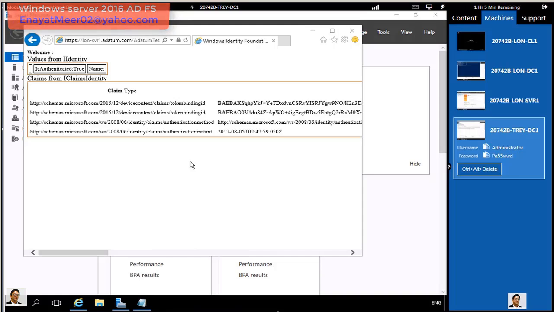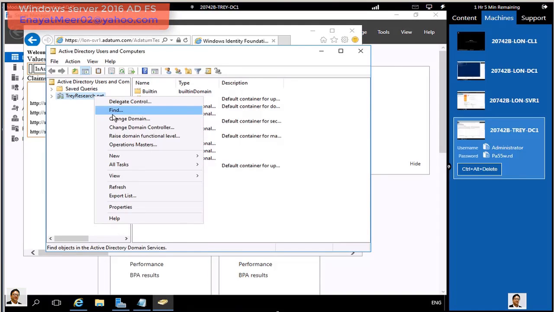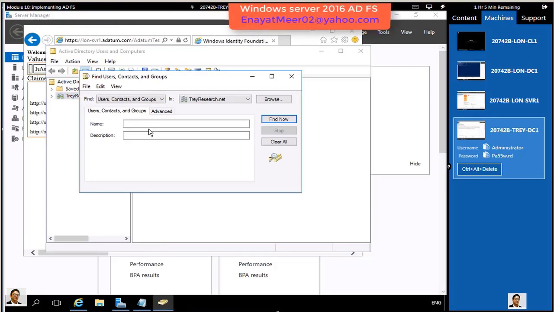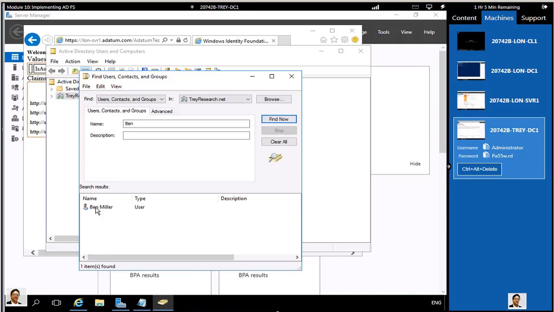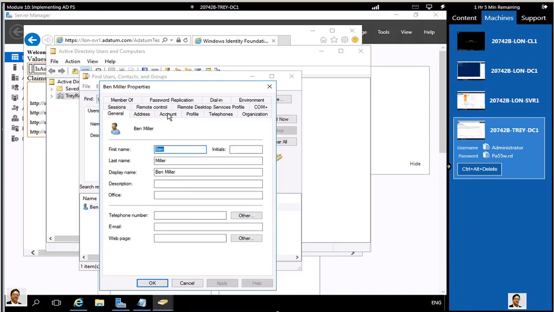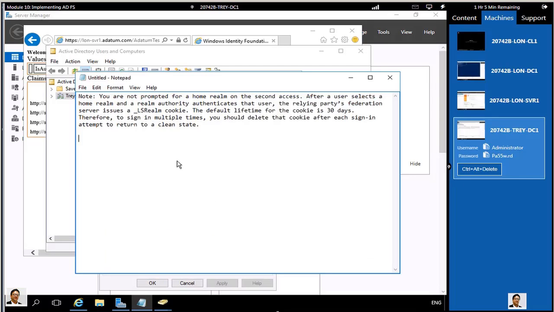So far everything worked as intended. So I'm going to quickly look here at the production group in trade research, just to let you know. Okay, here we have members production. So Ben is a member of the production group. So far everything went well and perfectly right. So what we did so far,